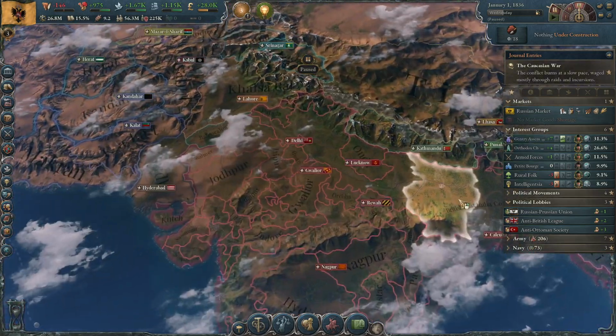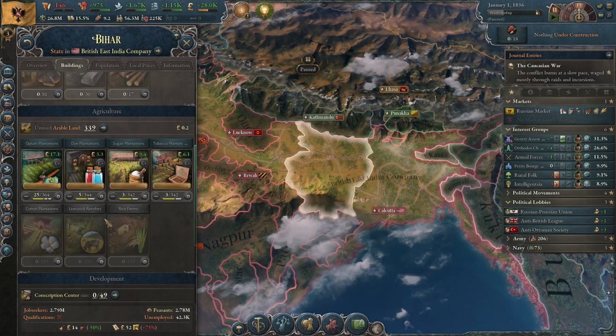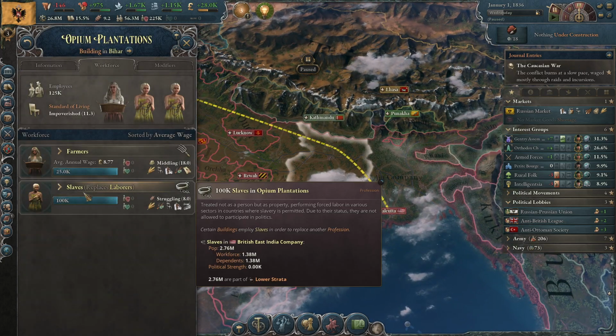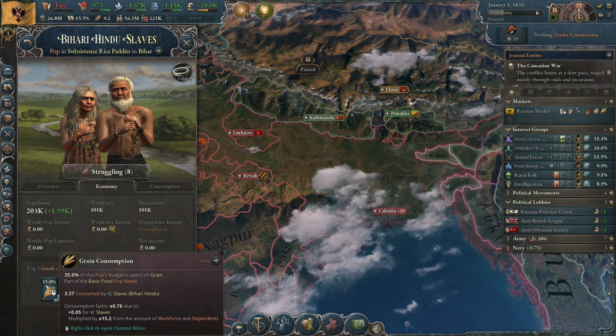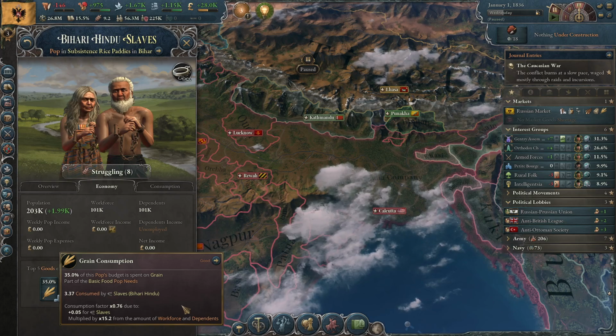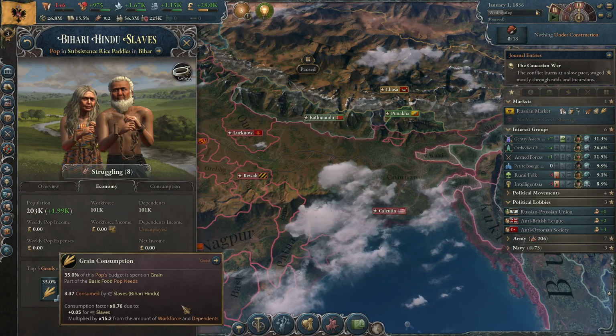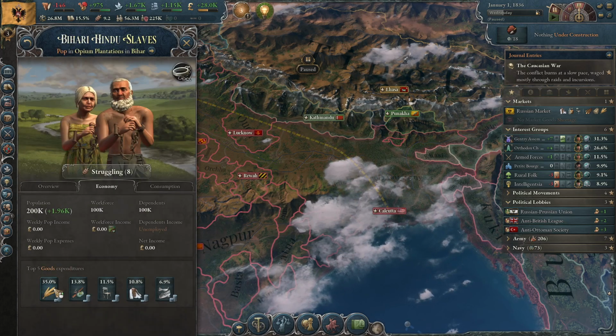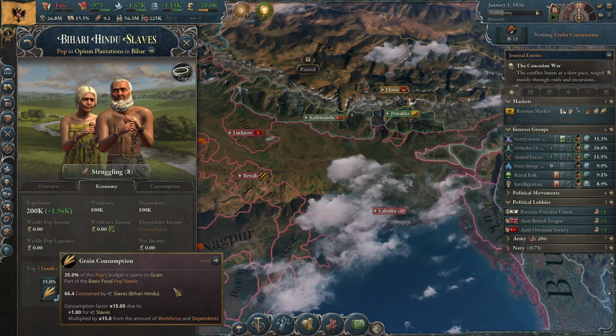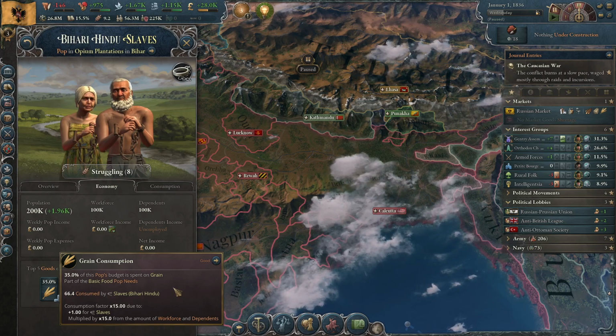One final way to show this off: if we mouse over here to the British East India Company, where it's got the slaves as well, and go over to arable land and check the slaves here, we will see slaves working on subsistence farms demand the same amount that peasants do. But if they're working at opium plantations or anything else that isn't subsistence farms, they will demand the same amount